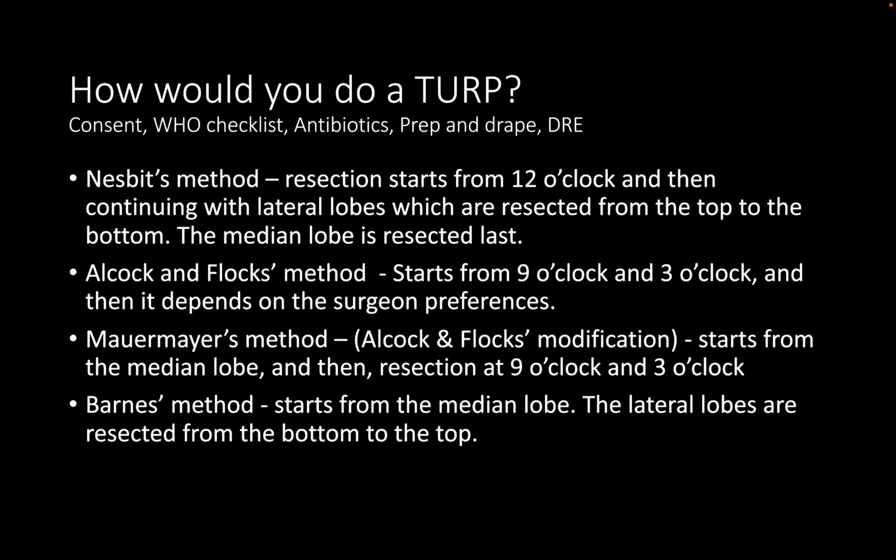Initially, in the appropriately anesthetized, consented patient in a lithotomy position, after administration of antibiotics if indicated, and completing the whole checklist, I will perform a diagnostic cystoscopy first, outline the bladder and ureteric orifices, the bladder neck, estimate the size of the prostate, and mark not beyond the verumontanum, and then switch to a 26 French resectoscope and perform a systematic 360-degree transurethral resection of the prostate using the Blandy technique,